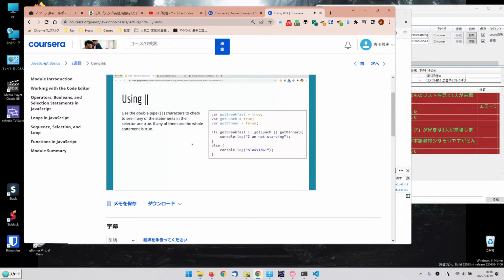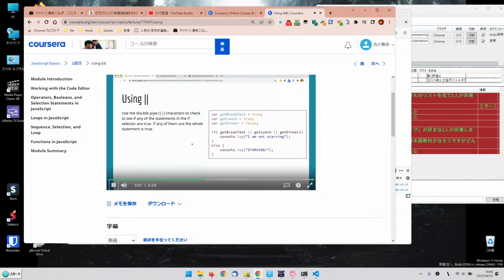Now we can also use the double pipe. The pipe is the key on the American keyboard above the return key. Shift in that key up there. It's also got the backslash on it. Okay, so we could also